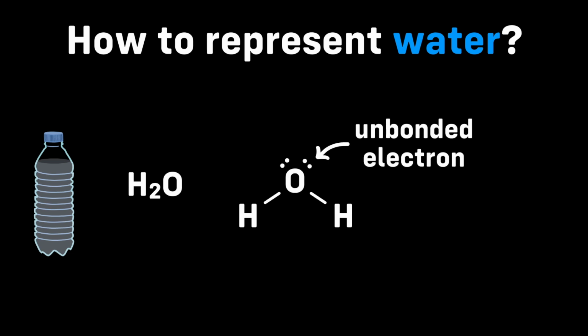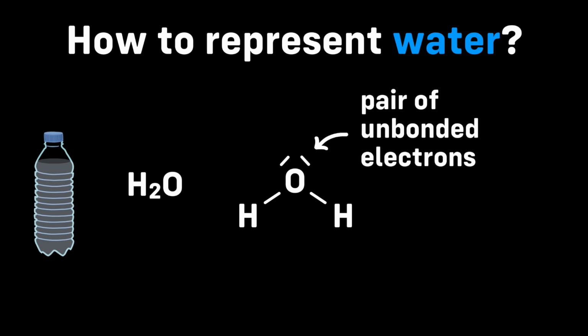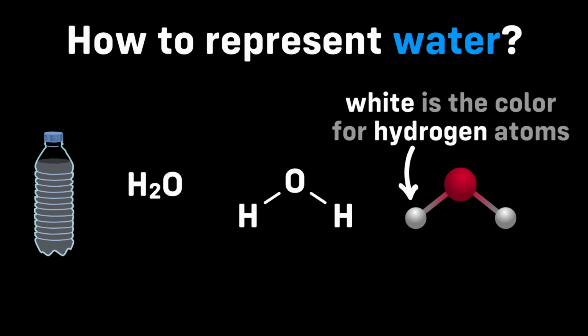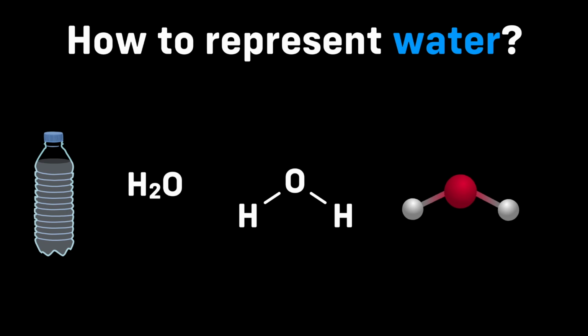Unbonded electrons are sometimes shown as dots, 1 per electron, or as a short line above the atom, 1 per pair of electrons. The water molecule is shaped like an inverted V because the space on top of oxygen is occupied by 4 unbonded electrons. Finally, if we know the exact position of each atom in time, we can make a 3-dimensional plot of the